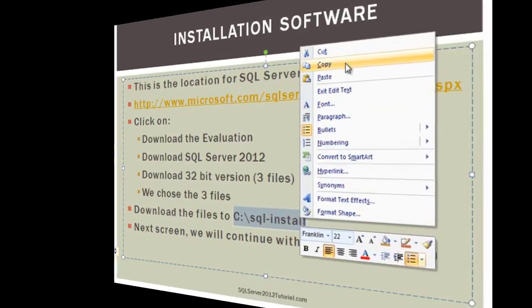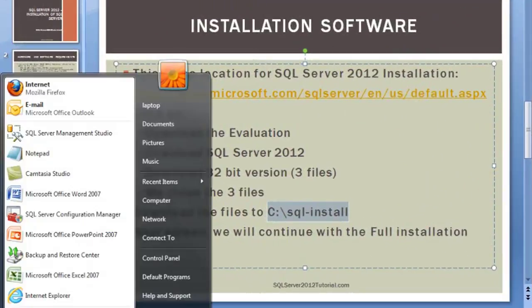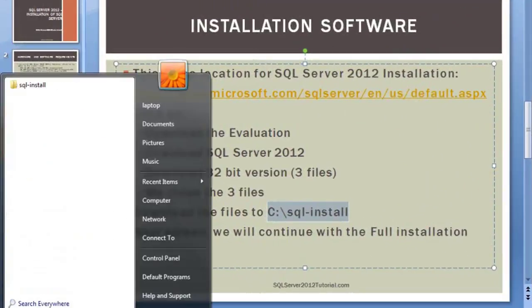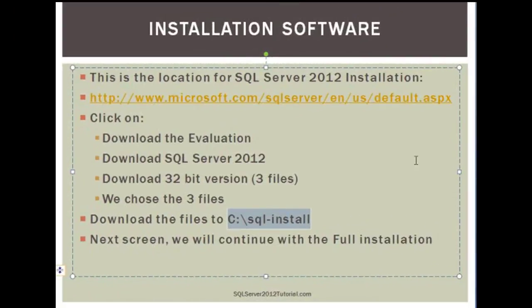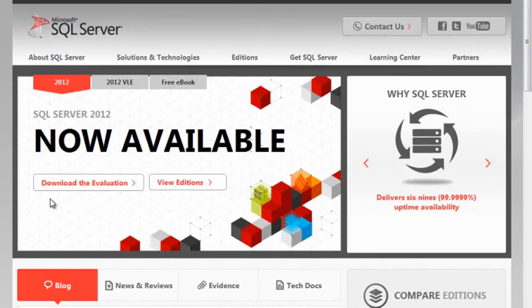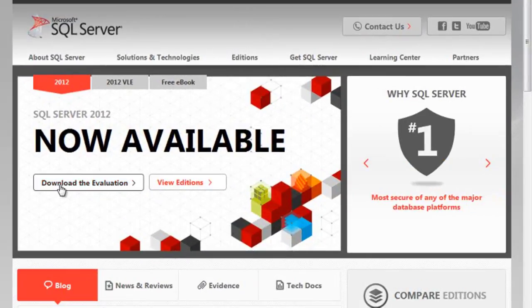So before I even get going, let me browse to this, make sure it is up and running. We don't have any files in there as of yet. And then on the next screen we will continue with the full installation. So before I do that, let me go to the link and follow these steps that are recommended. So like I mentioned, I will select download the evaluation,